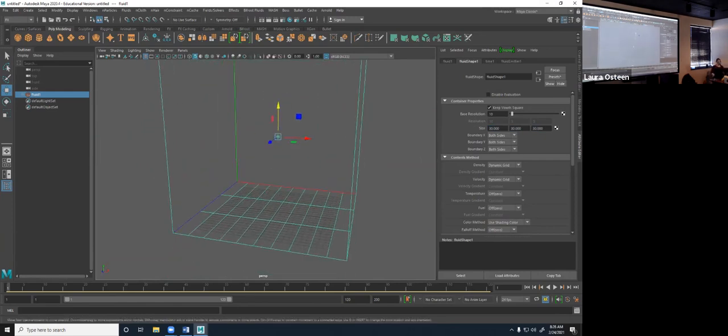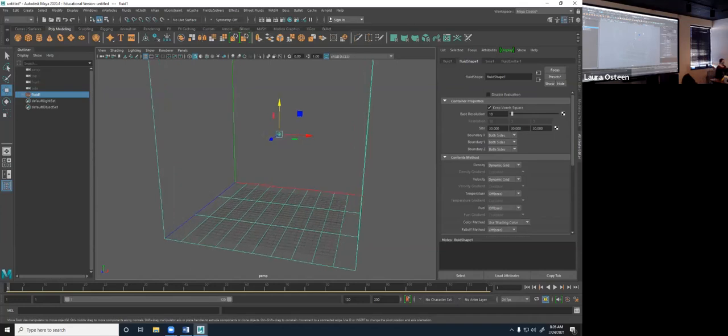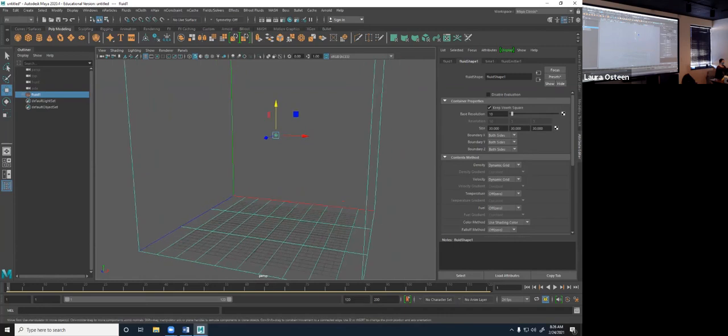Those of you working at home, smaller sizes will sim a little bit quicker, especially once we turn that resolution up. The higher your resolution, the slower it goes. The lower the resolution, the faster it goes. But the higher the resolution, the better your quality. The lower the resolution, the lower the quality. And it's right here. So let's take a look at that itself. So if I hit play,